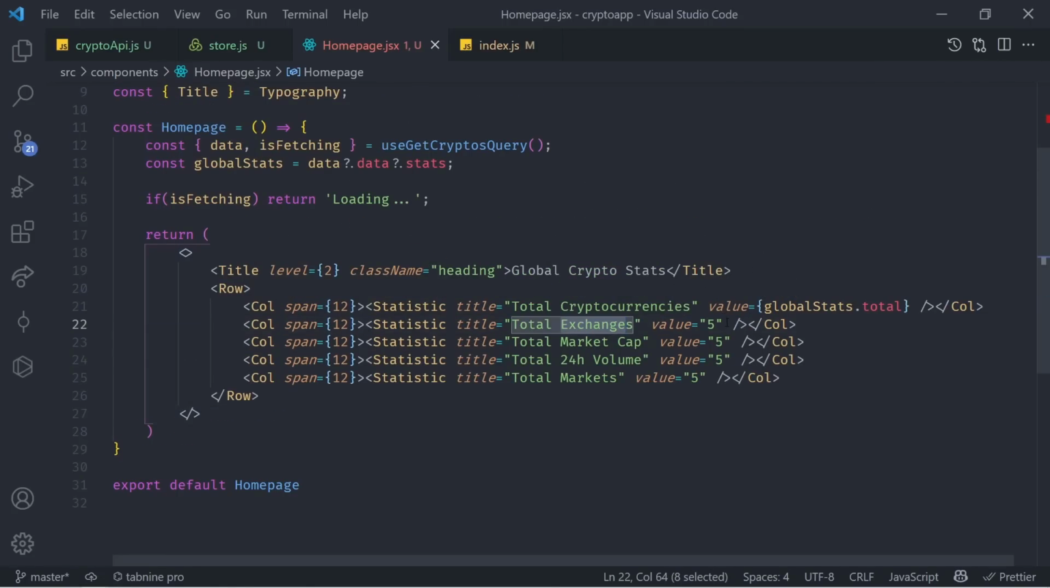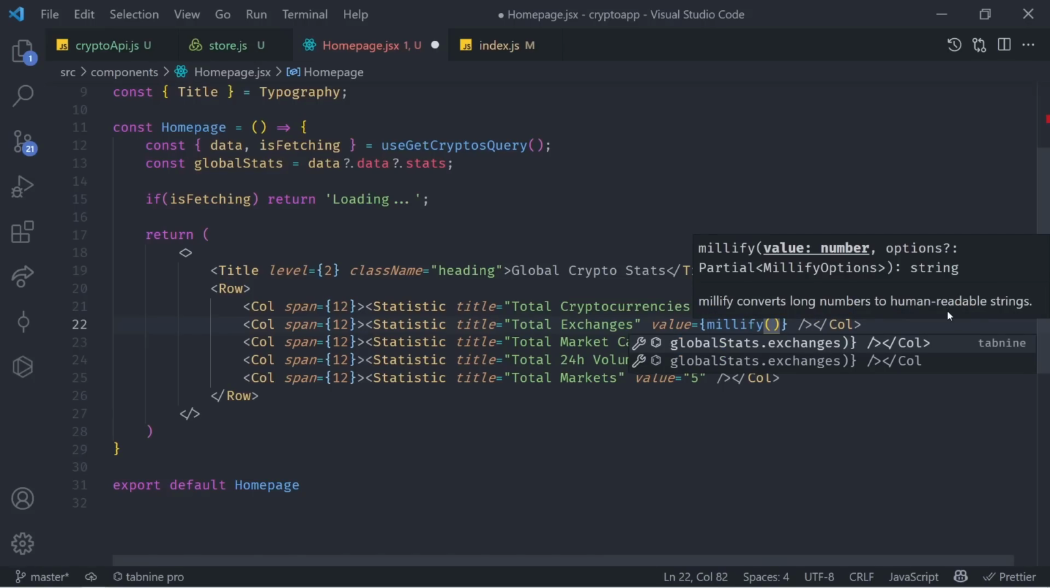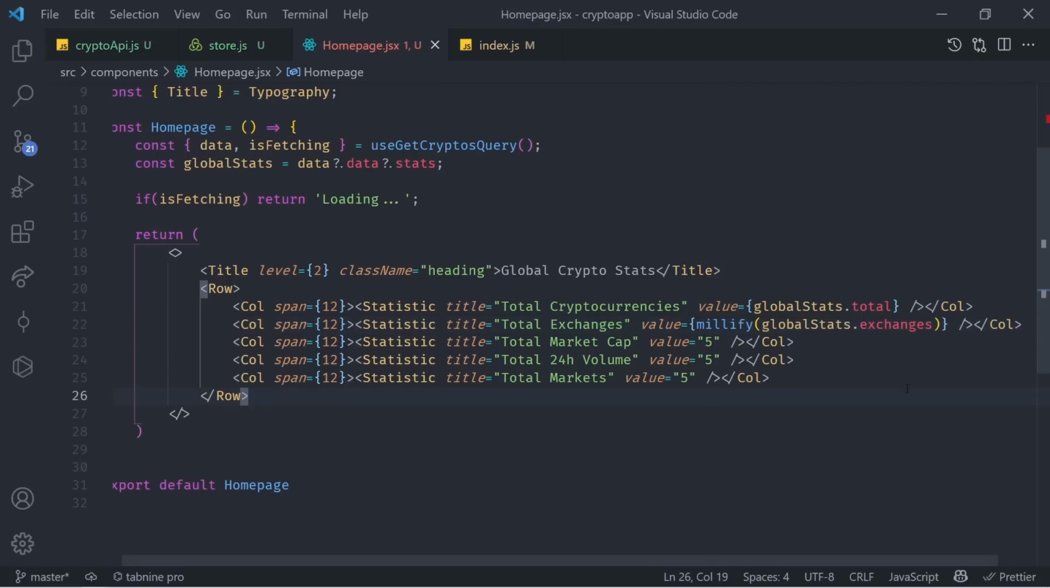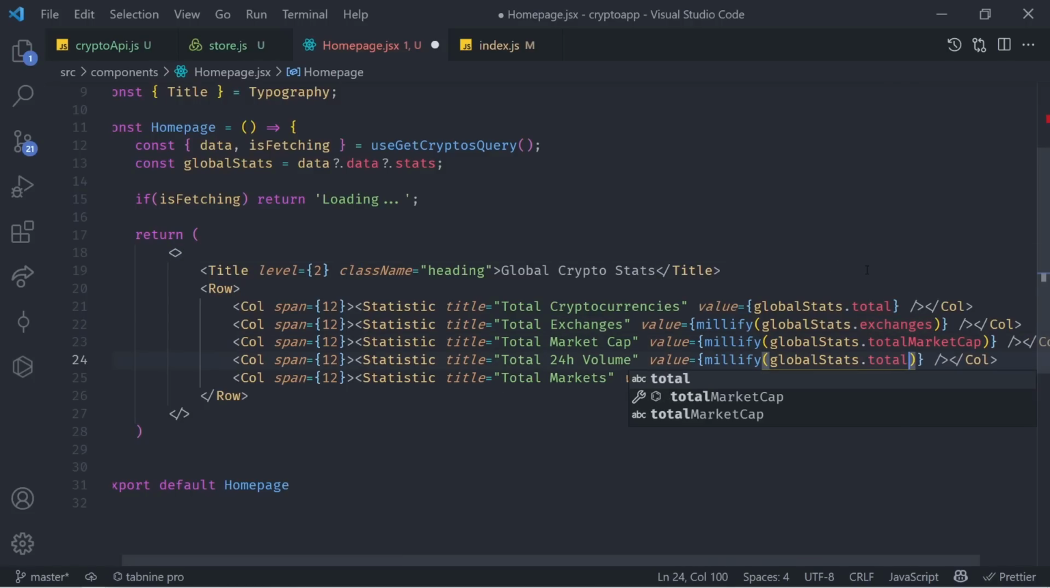Now for total exchanges, we can put a dynamic value, call the Millify function, and as a parameter, provide globalStats.exchanges. And finally, we can copy that and continue with all the other ones. So for total market cap, instead of exchanges, we can simply say .totalMarketCap. Then again, we can paste it one more time. For the total 24-hour volume, it's going to be total24hVolume. And finally, we have total markets, so simply paste it one more time, and instead of exchanges, we can say